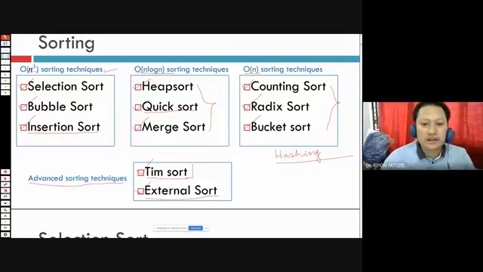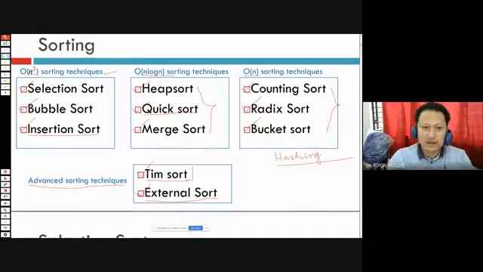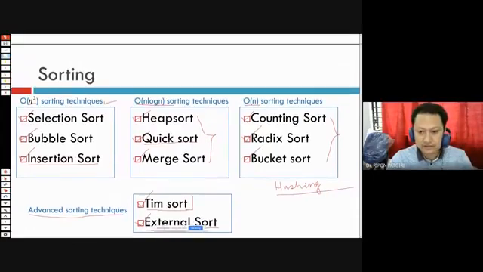We are not going to discuss other sorting techniques. There are lots of sorting techniques we'll not discuss, for example spaghetti sort, comb sort, shell sort. I'm not interested in those.